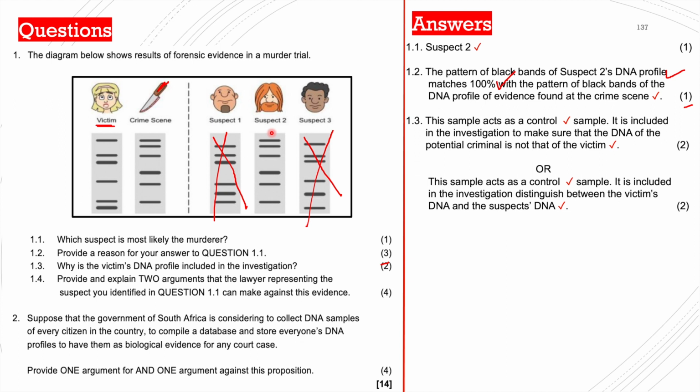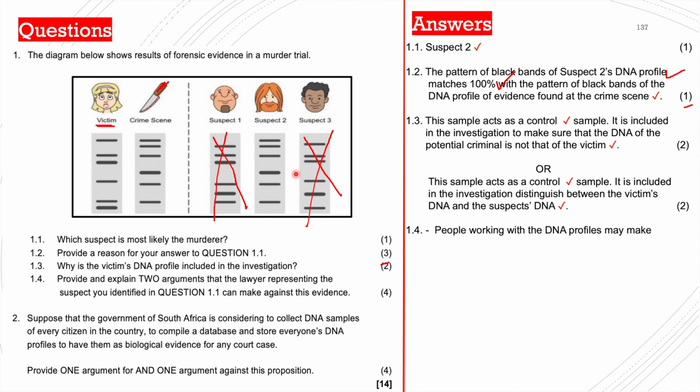Now, how do we relate? Or what do we relate? Which content do we reference in order to answer this question? It is the content on the factors that affect the reliability of DNA profiling. And what did we say are the factors that affect or reduce the reliability of DNA profiling? The first one,